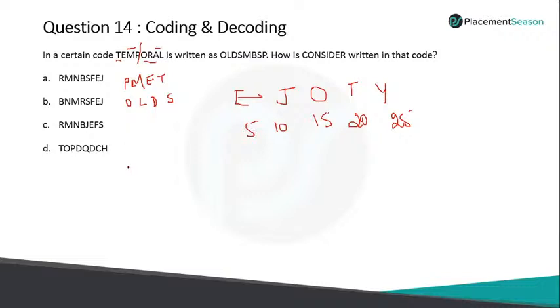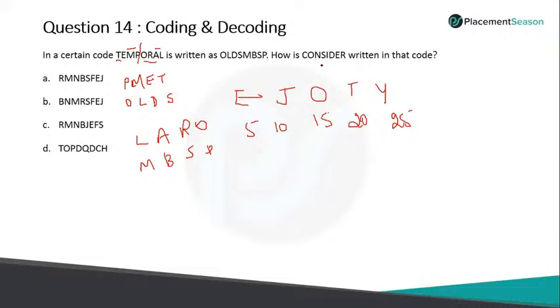Same way, if you reverse this, like L, A, R, O, now we have the rest, M, B, S, P. So easily we can connect this, which is not minus 1, which is plus 1. So it should be M, and next is plus 1 is B, plus 1 is S, plus 1 is P. The same way you have to divide this into 2 and reverse the first half, SNOC.